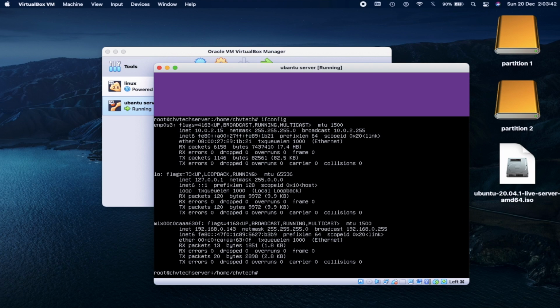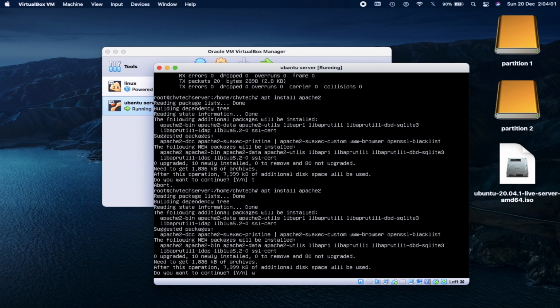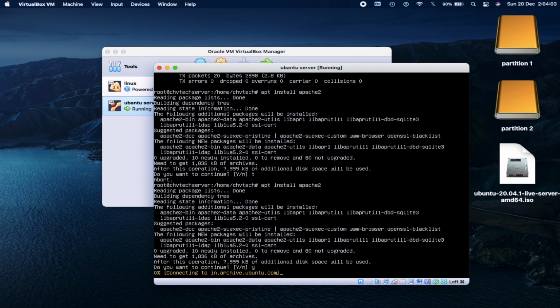Now we need to install Apache2 for web hosting. So type apt install apache2 and press enter. It will ask you for confirmation, so press Y and press enter. This will install Apache2 on the system.